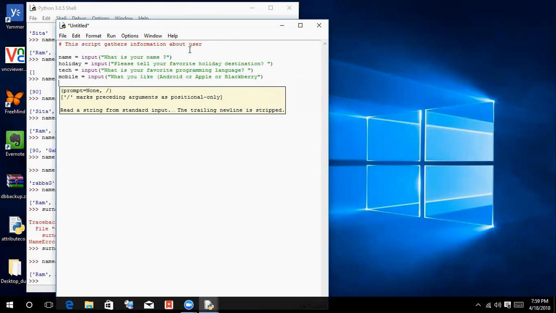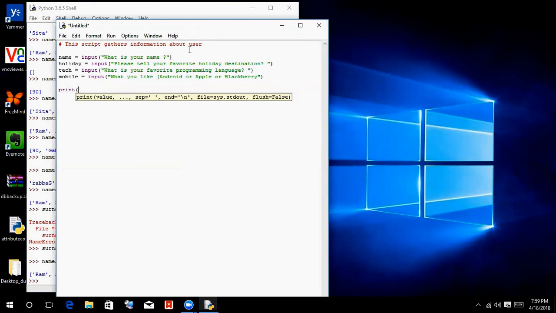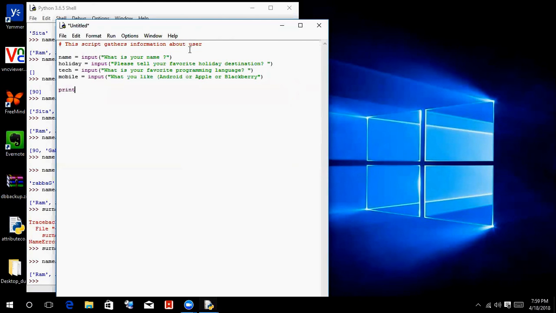So last time when we saw, we were printing the statement with comma, comma, comma. But in that case, if you want to print something like, hi, I know about you, then with comma, comma, comma, we will not be able to print that much because it would be too big to support. For example, if I want to print, let us do it like this. Greetings. Let us put it as greetings equals to,